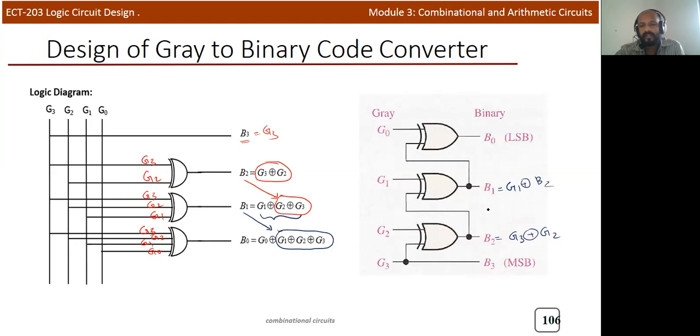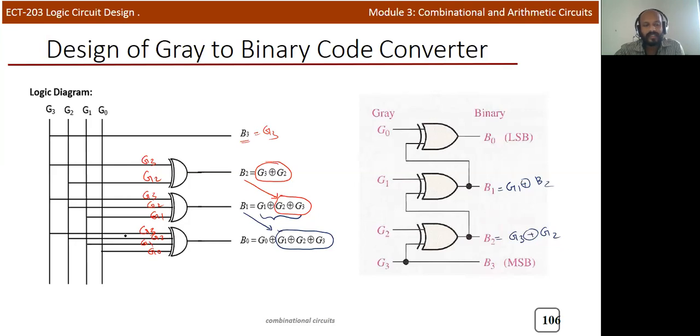But there is one thing that we discussed in look ahead carry or parallel adder problem. Once you get B2, then only you can calculate B1. So that's a problem in this particular structure, because by using G3 and G2 you will calculate B2. Once you get the proper answer for B2, then only you can feed it back to the input side of the second XOR gate, and that XOR will operate on G1 and the result of B2, then it will produce B1. So you need to wait for some time. That's the only problem in this particular circuit, but circuit complexity is less.